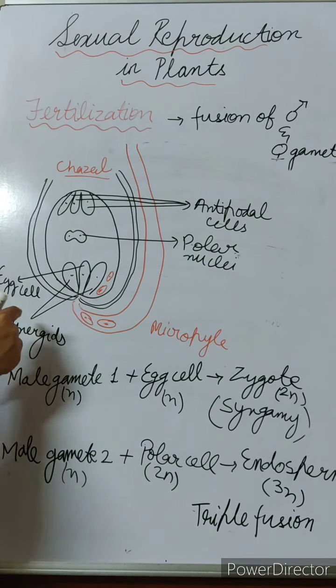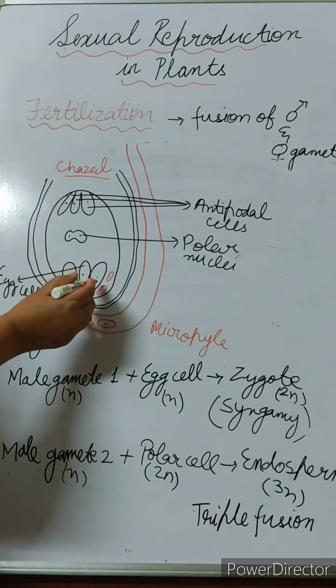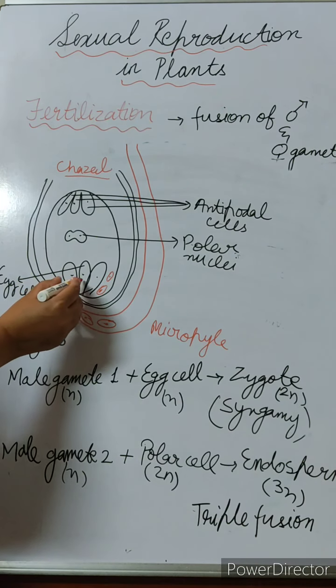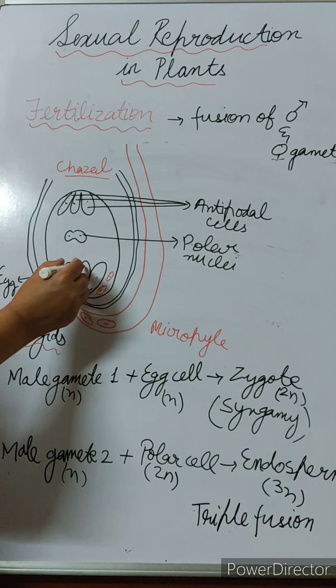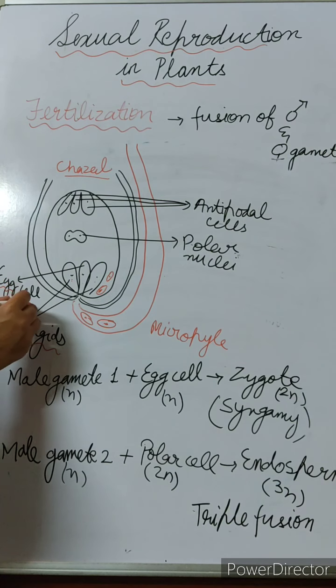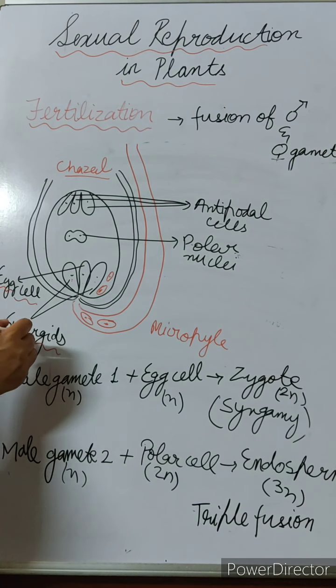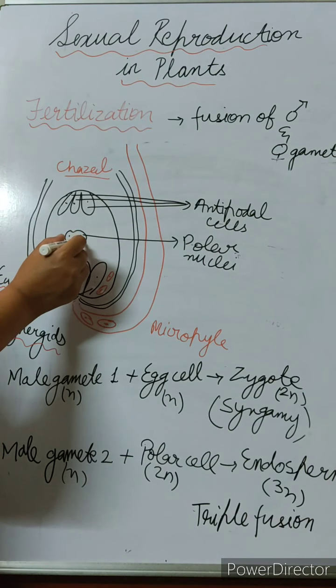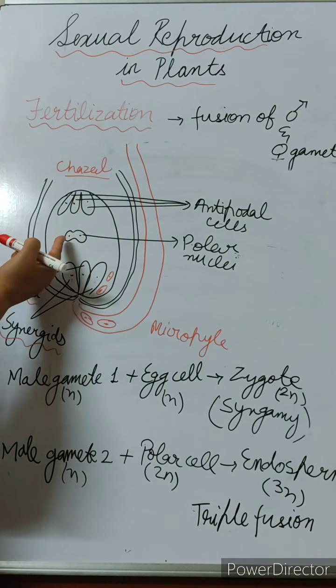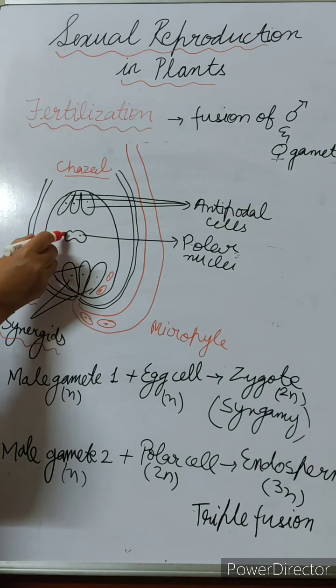So on the micropyle side, there are three cells. You can see three cells, 1, 2 and 3. The two which are on the sides are known as synergids, and the one in the center is known as the egg cell. Together they are known as the egg apparatus. In the center you are going to see one cell, and this one cell has two nuclei. See, 1 and 2.